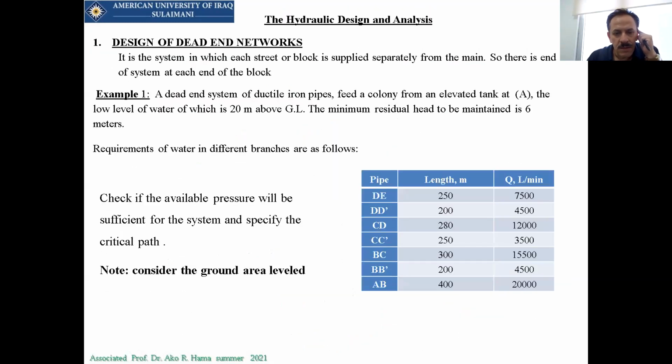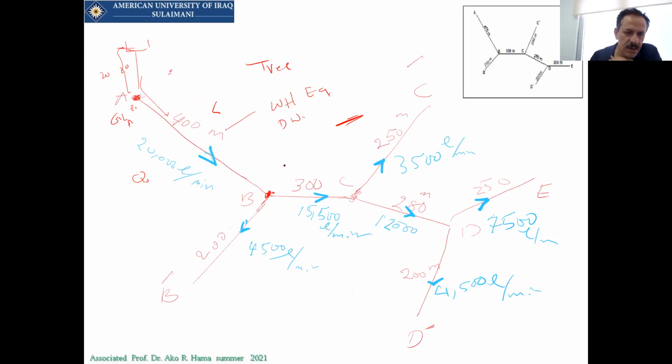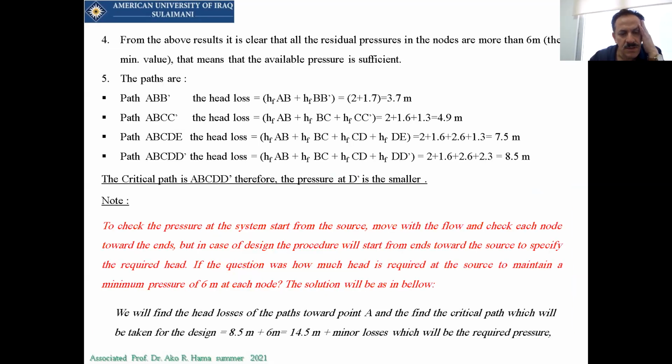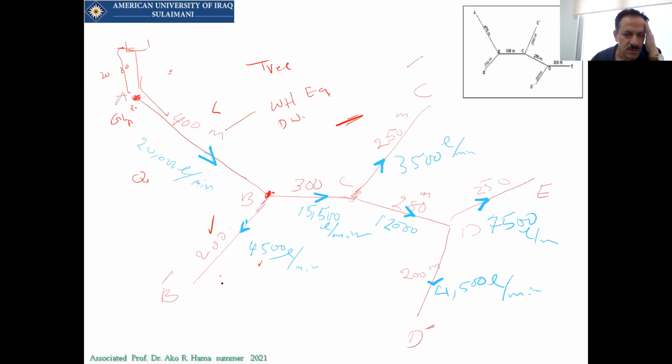Hello. And back to what we said, we have the length, we have the flow, and we assume that the diameter here should be BB prime. We assume that it will be, for example, 10 inch. So 10 inch is about 262 millimeters diameter. So I have the diameter again here, and I will use the same F as we said, it's 0.4. And we will use the HL as we have it in the equations.